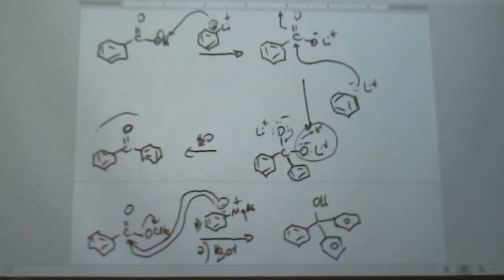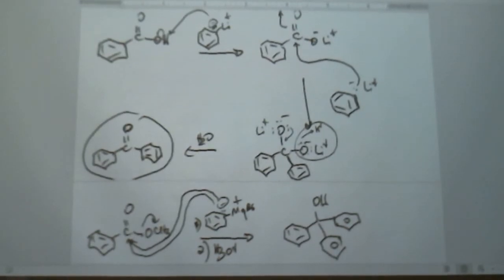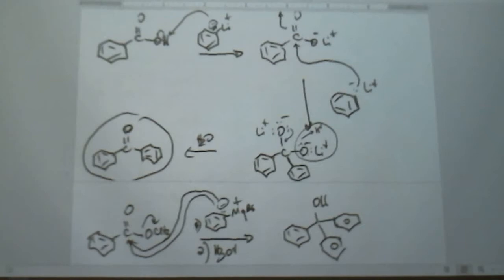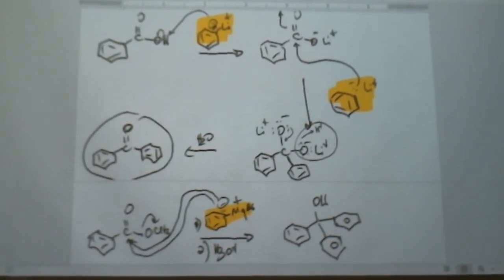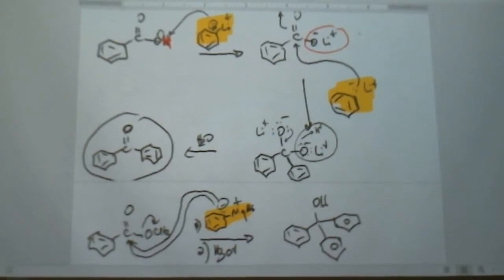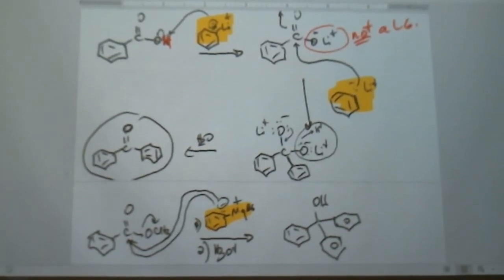But this is in essence a way to stop at the ketone, not add a second time. And the reason is, I'm still using an excess of this, right? I'm using 2 equivalents of this. Same as in here, we'll be using 2 equivalents of this. But in here, my first equivalent, adding to an acid, not an ester, is the acid base. And once I convert it into this, it is not a leaving group under any possible scenario